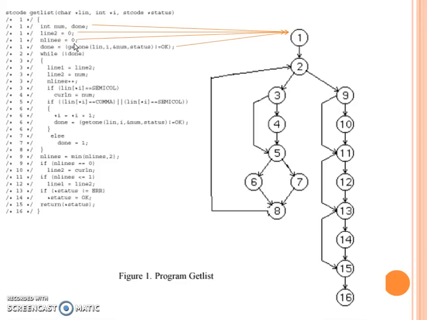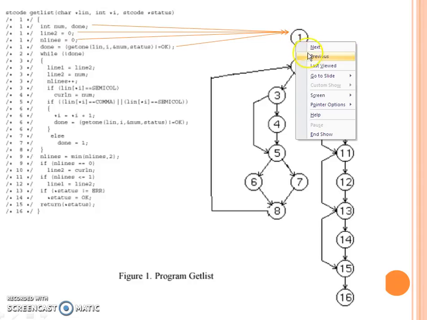Since the construction of a control flow graph concerns how the flow of control carries forward in the code, we will be more concerned with seeing that, and hence variable declarations are linear in nature. For example, once the code falls through in the int num line, that is line number 1, it will automatically fall through the next line and thereafter till it reaches the while. So we number these nodes together and club them together as node number 1, and we represent it in the CFG as node 1.